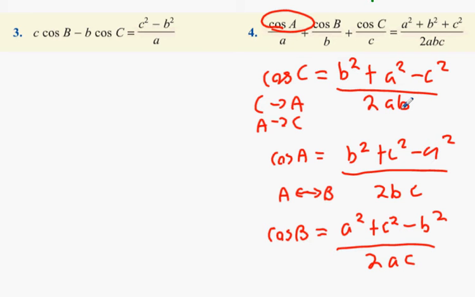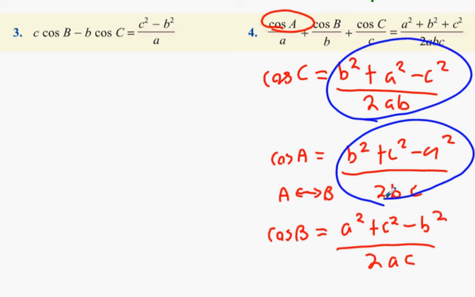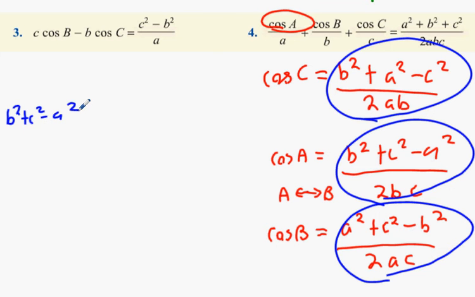Now, see all three of these? What am I going to do? Can anybody tell me? This, this, and this. So the main thing is cos A, cos B, cos C. Okay, let's do that. So I'm going to have b squared plus c squared minus a squared all over